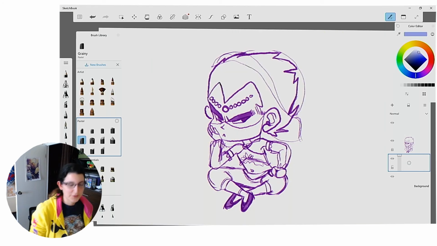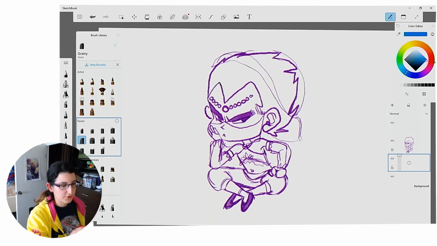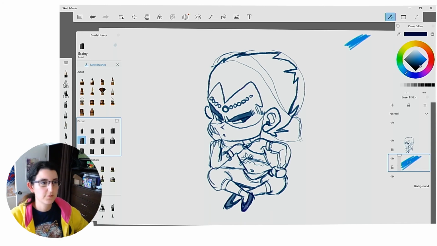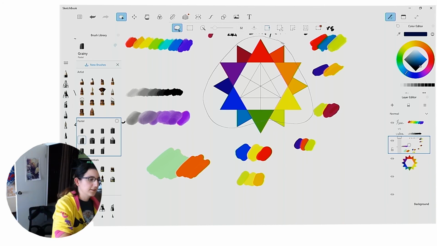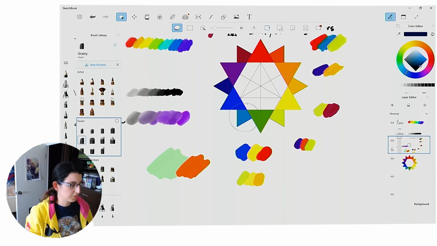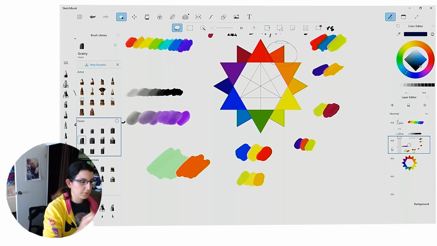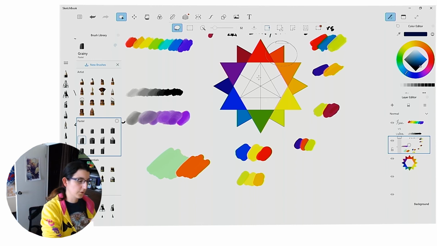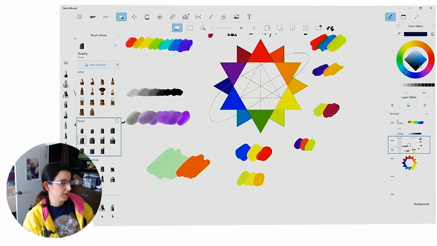Blue. Oh, okay, that's what I was going to do. All right, I'm going to choose this blue. Okay, what's the complementary color to blue? Does anyone know? Orange, yes. Since I am picking this particular blue, which is more of a blue-green, the opposing color would be reddish orange. But yes, for blue, the opposing color is orange.